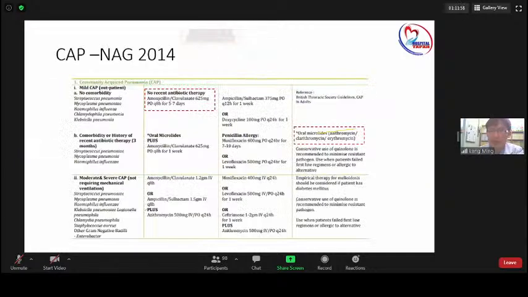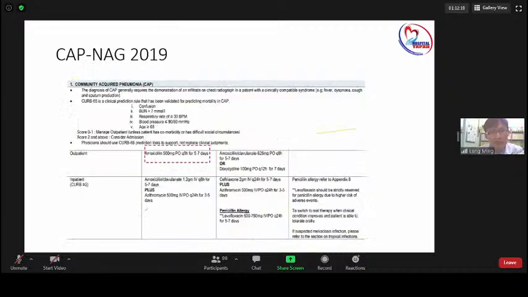Another thing I need to tell you is that in 2014, we used Augmentin, or amoxicillin clavulanate, as first line, and for an oral macrolide, we used erythromycin. But the good news is that in 2019, they de-escalated. They no longer use Augmentin and amoxicillin as first line for outpatients, but they upgraded to azithromycin. They will take out the macrolide erythromycin as the first line, so all macrolide needs will go to azithromycin. So there is good and bad.